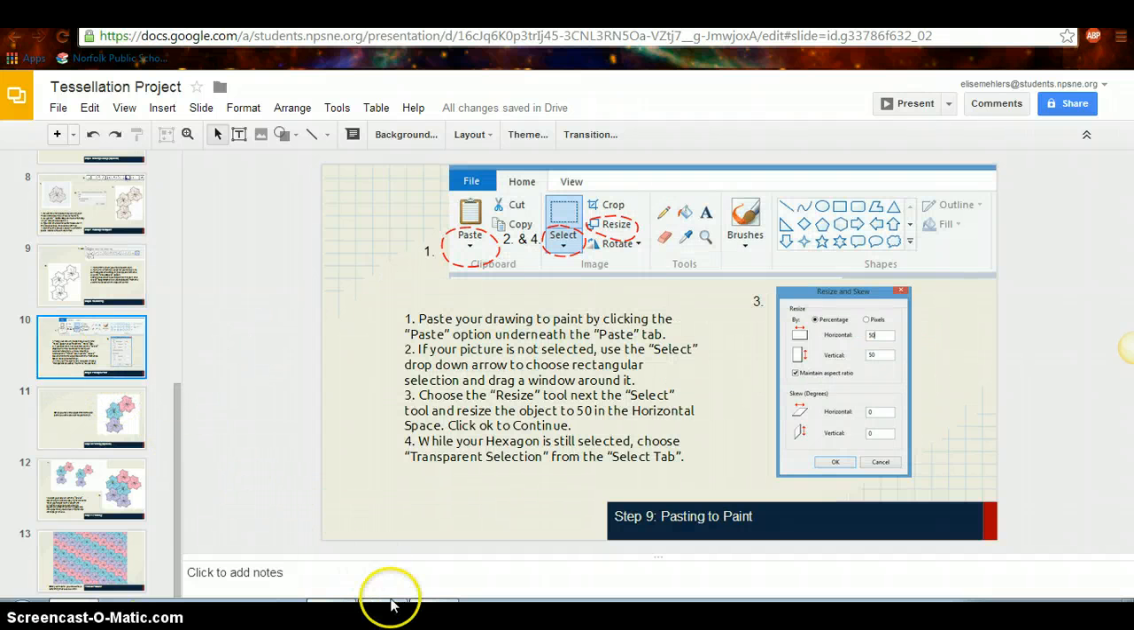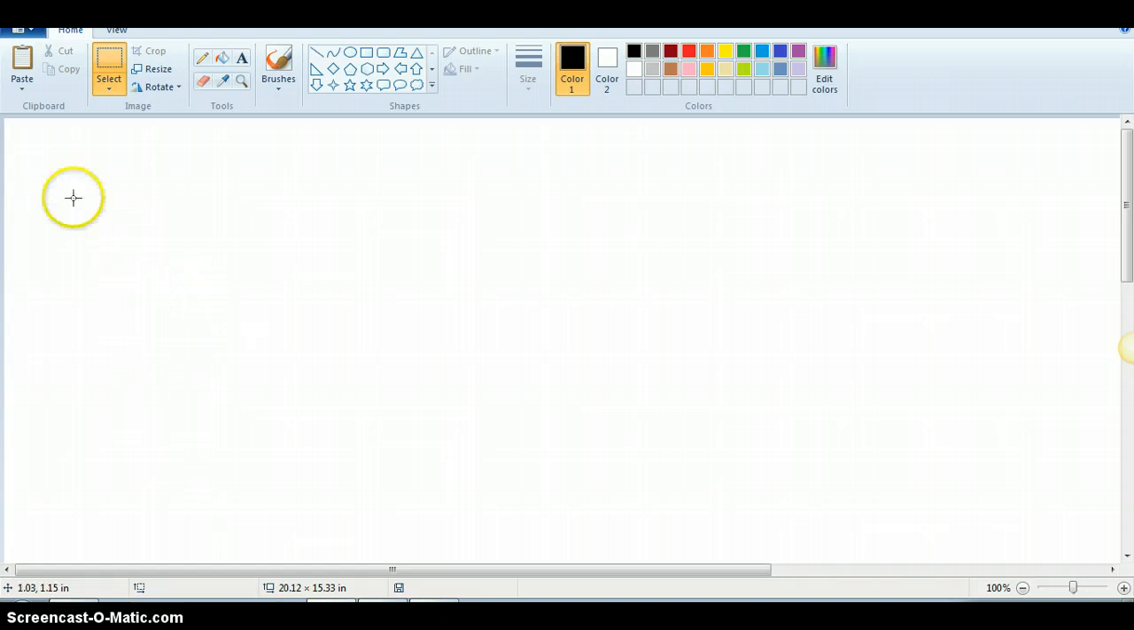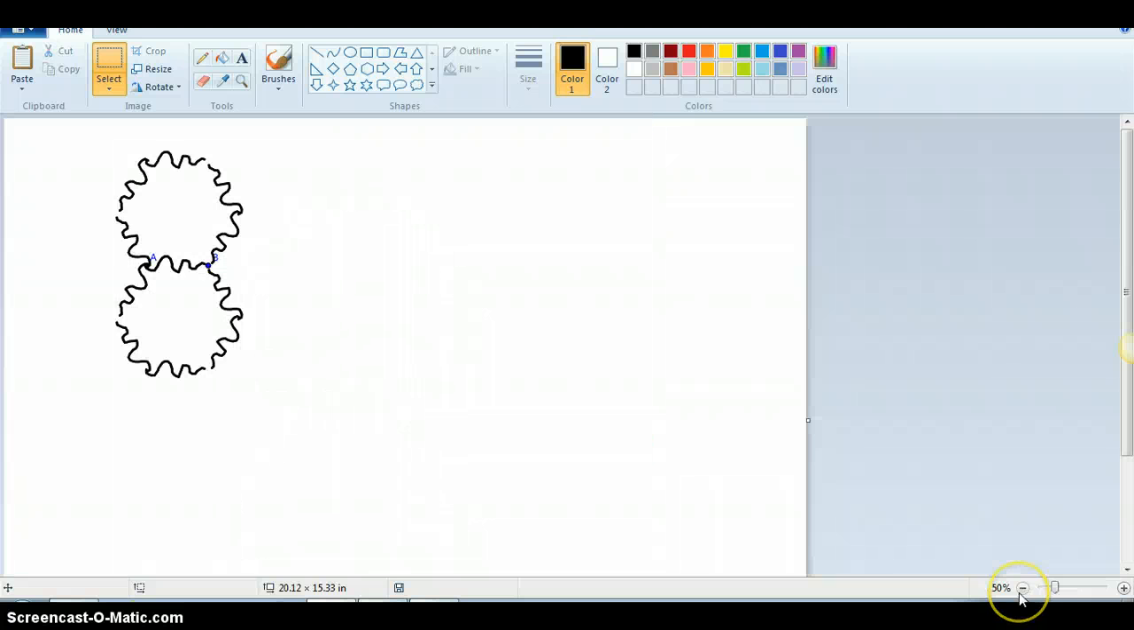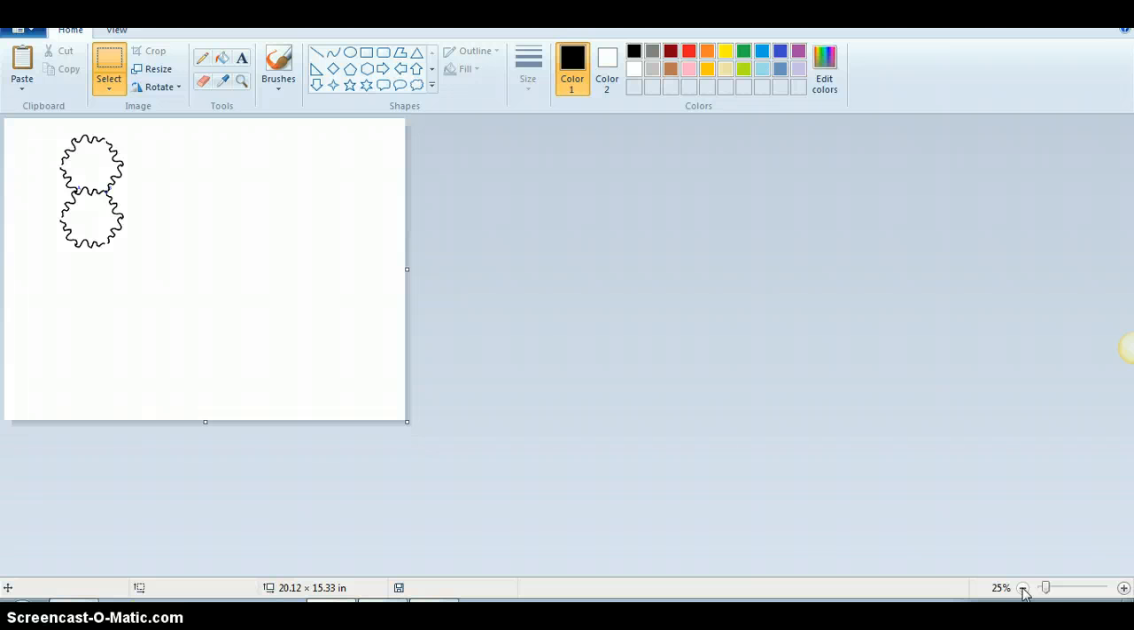Now, we're going to go into Paint. And we're going to go to this paste button right here, arrow down and click paste. And there's our design. So I'm going to zoom out so you can see that a little better. It's almost the right size. That's a pretty good size. So I don't think I'm going to need to resize it, but if I do, I'm going to hit select, rectangular selection,